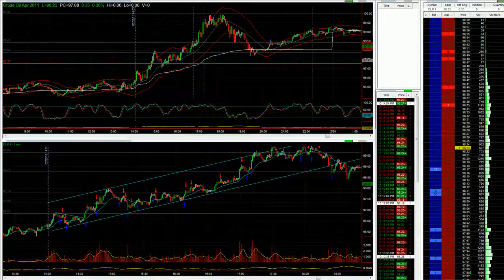Oil, obviously very volatile in the headlines. Even if you're not an oil trader, you couldn't have not noticed the headlines for oil. They seem to be quoting the Brent price on the headlines at the moment, in the UK anyway. All I see in the headlines is the Brent price rather than the NYMEX West Texas Intermediate, which I trade. But anyway, massive range, loads of opportunities.